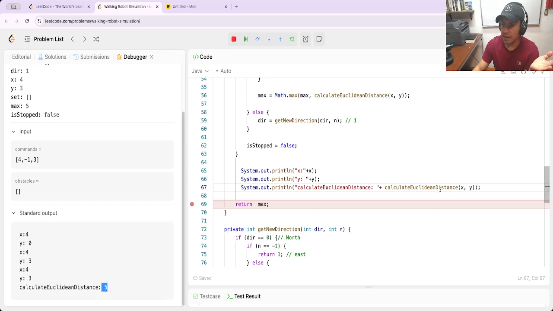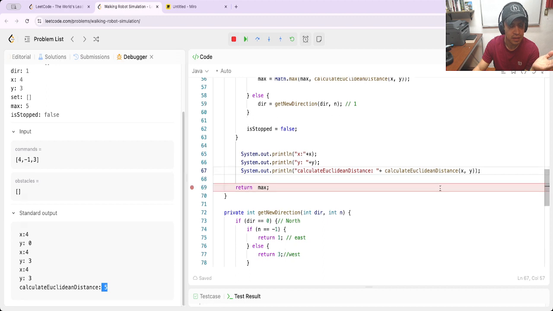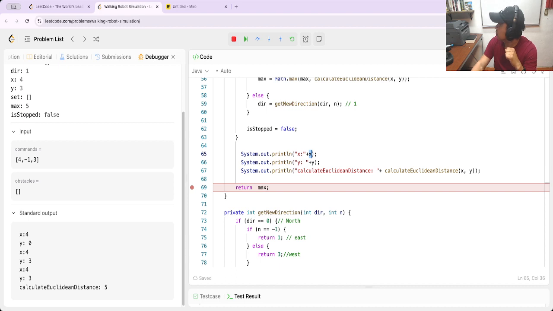The distance is because this is, yeah, this is the distance, but because the x and y are right. But it's for this, but